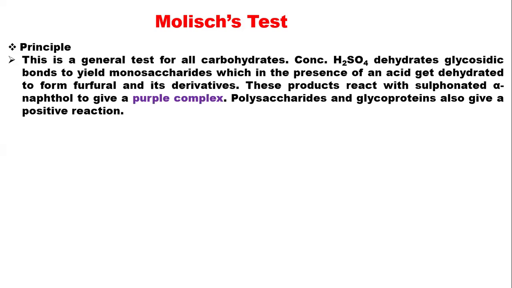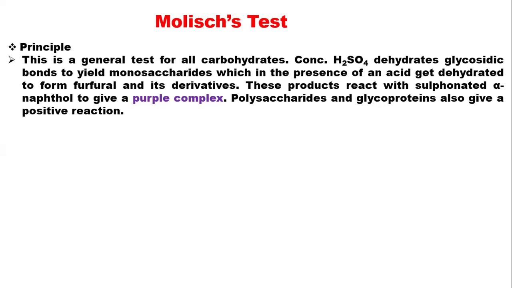Now, when you have a sugar solution or carbohydrate solution and you treat it with concentrated H2SO4, it's going to hydrolyze the glycosides to monosaccharides. And after the monosaccharide is produced, it is going to undergo dehydration to give what we call furfural derivative. After you get the furfural derivative, it is going to combine with sulfonated alpha naphthol to give